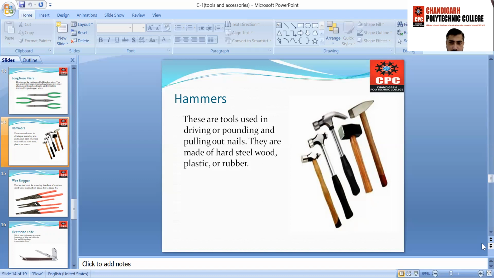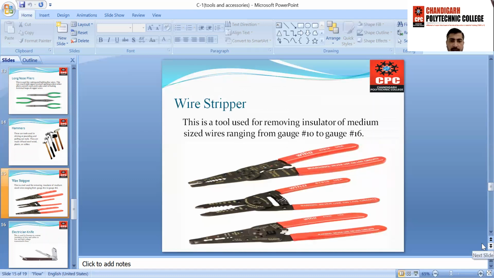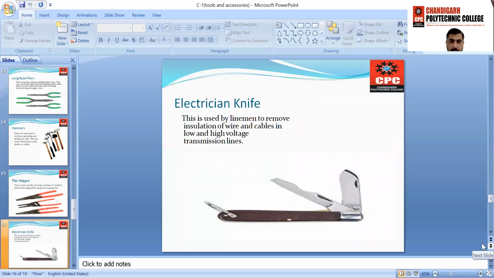And the next tool is the wire stripper. This is a tool used for removing insulation from medium-sized wires ranging from gauge 10 to gauge 16. It is commonly used to strip the insulation from the conductor. The next tool is the electrician knife.